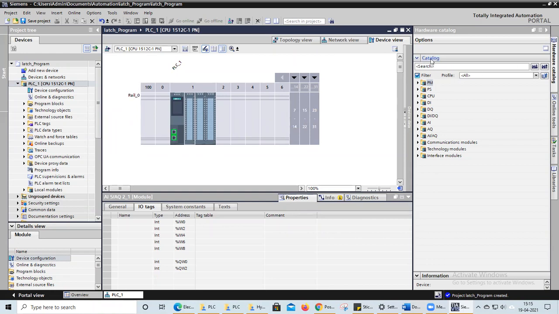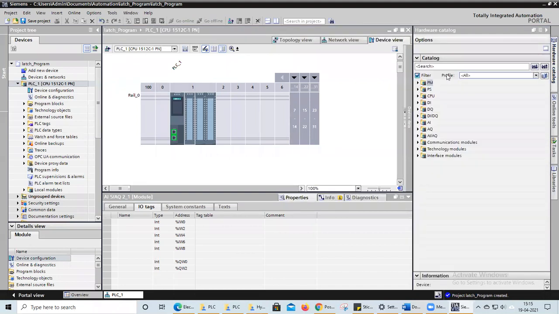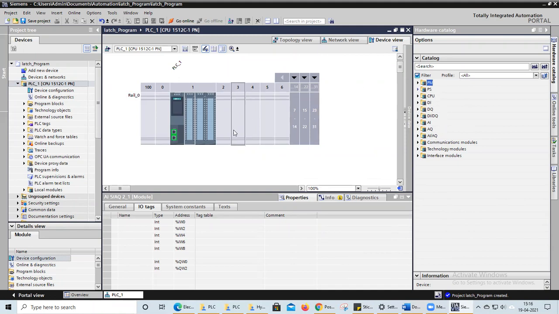Here you can see catalog. One more option is there, hardware catalog. If you click on this hardware catalog, here catalog will be open. Here you can see DI/DQ. If our digital input output pins are not sufficient, we can add more number of digital modules, analog input modules, analog output modules, both analog input output modules, communication modules, different kinds of other CPUs are also you can add it in this Rails.